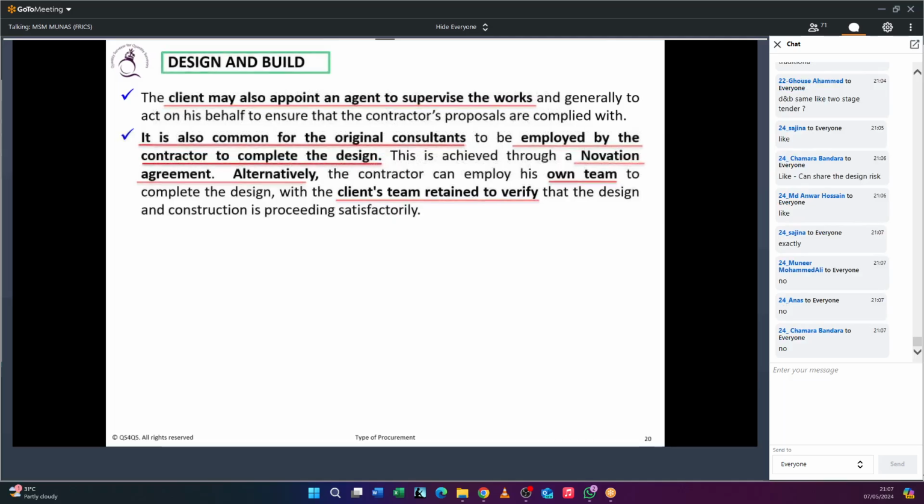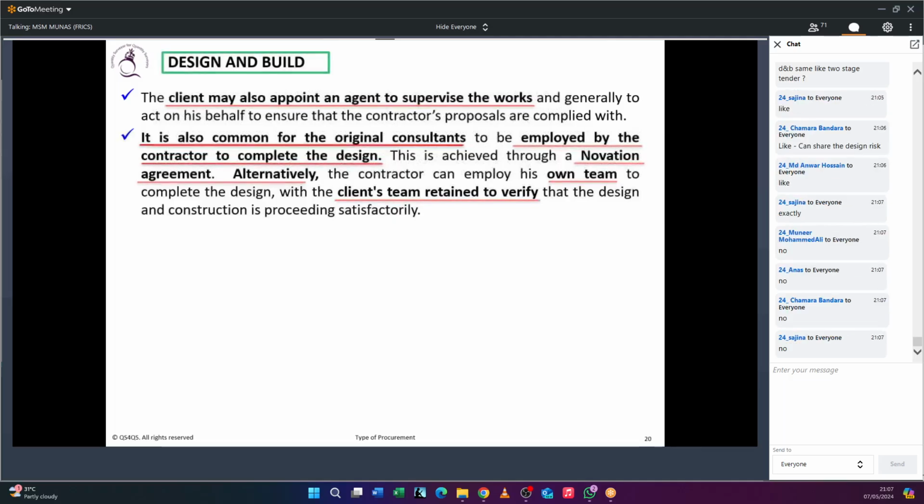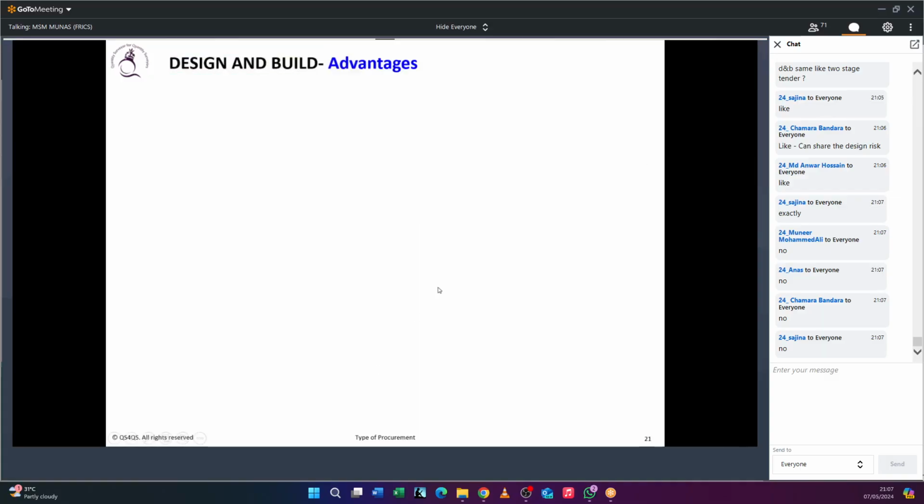No. Okay. So sometimes the client will say, Mr. Contractor, there is a novation. You have to take them. This is our agreement. Then the contractor has no room left to decide. Otherwise, the contractor doesn't like to take them, because it is a client team and better to be with the client. Okay, so that is the reason. So now you got my idea.